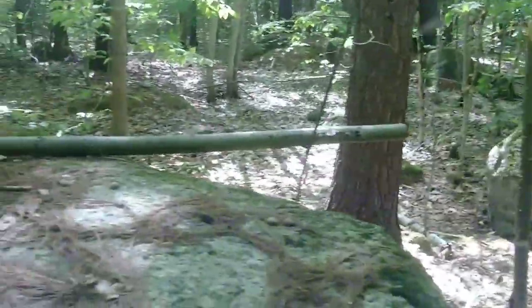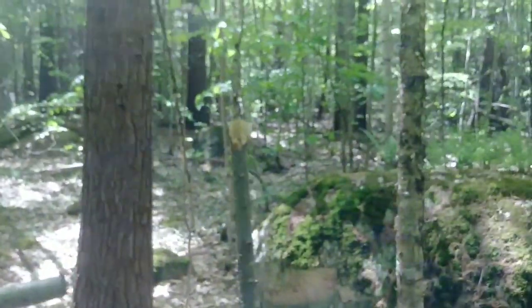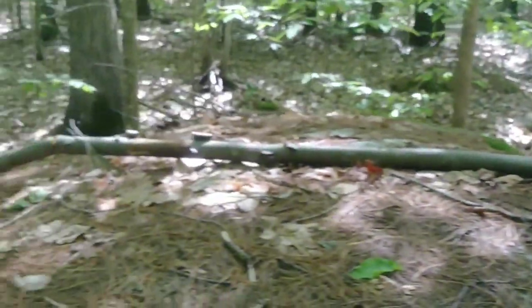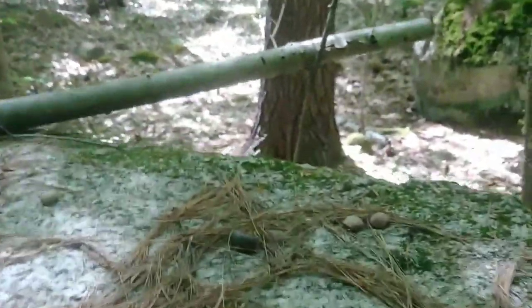So this limb here, or tree, it's actually part of a sapling, was just recently, the past couple of weeks, broken and placed across what used to be one of the rocks I would gift marbles. And this tree bend right here goes up and then comes down and is tucked conveniently right underneath this new